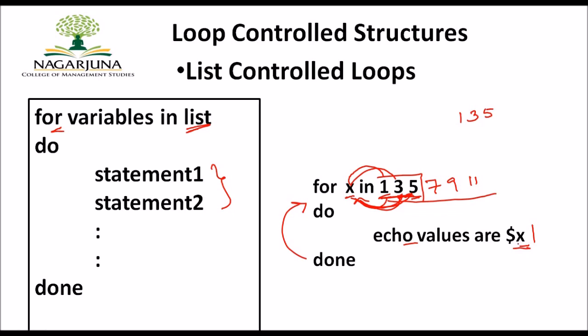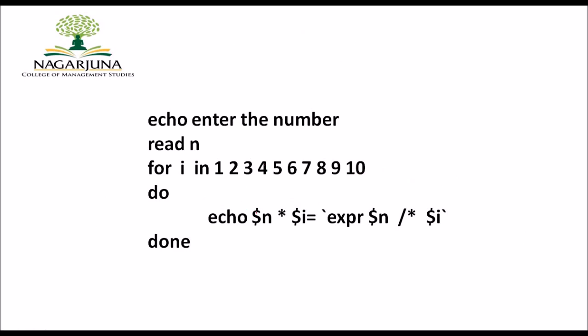We will see some more examples with that. Here is an example which helps to generate a multiplication table for a given n. Say for example, I would like to generate a table for the element 5. So I should generate my output as 5 into 1 equals 5, 5 into 2 equals 10, 5 into 3 equals 15. This is the multiplication table which I need to generate till 10: 5 tens are 50.